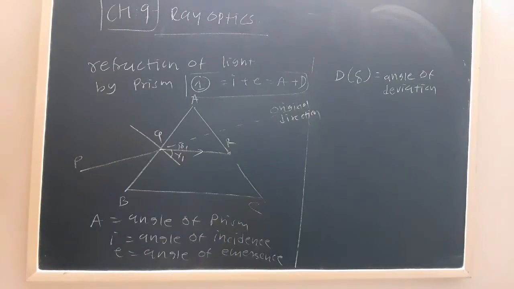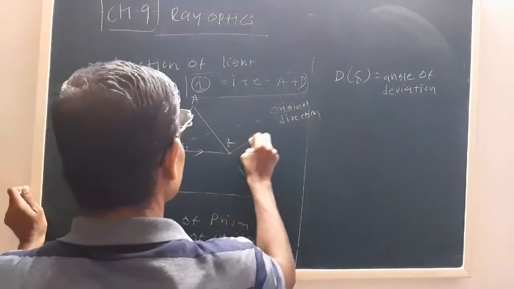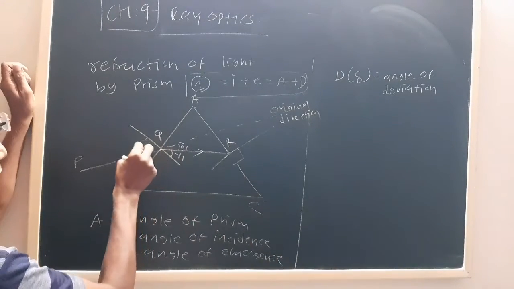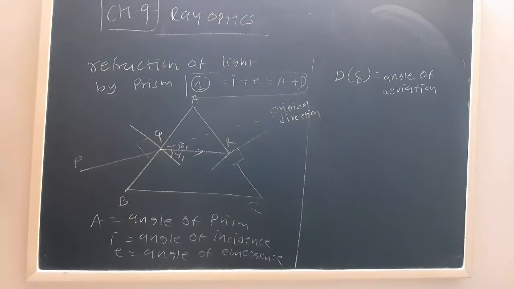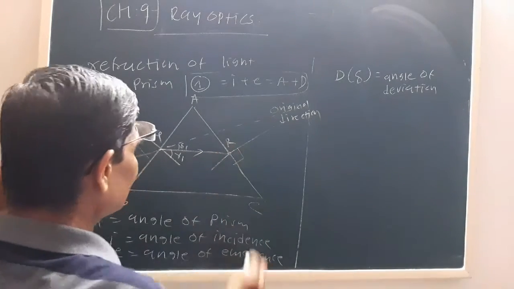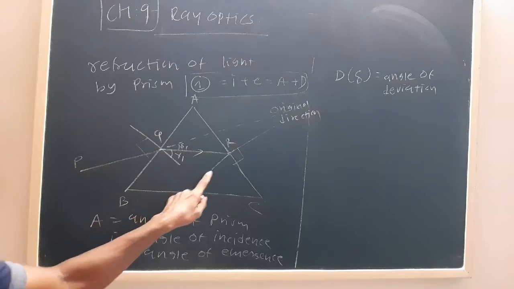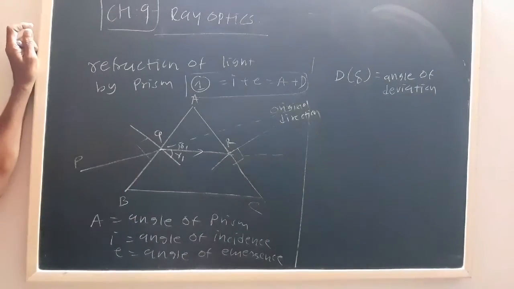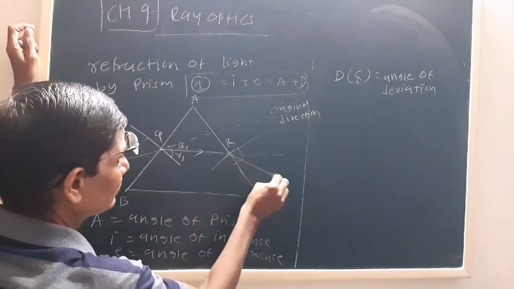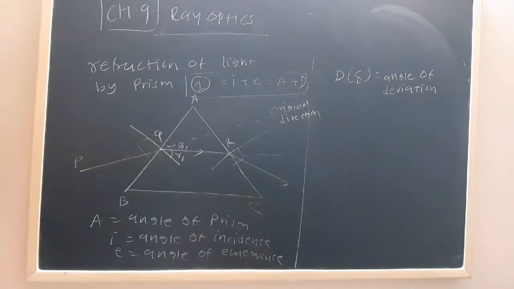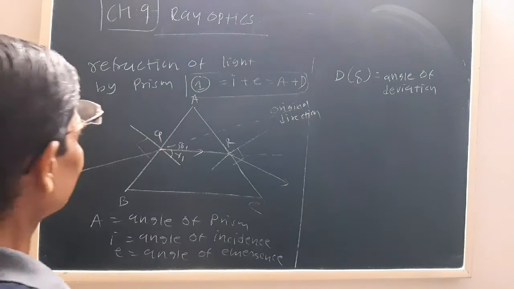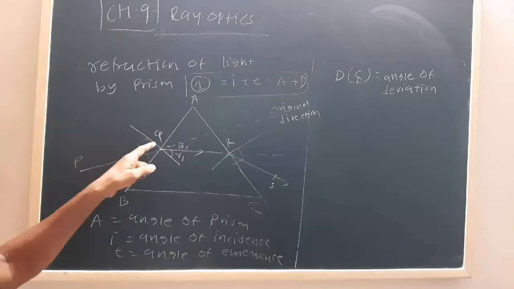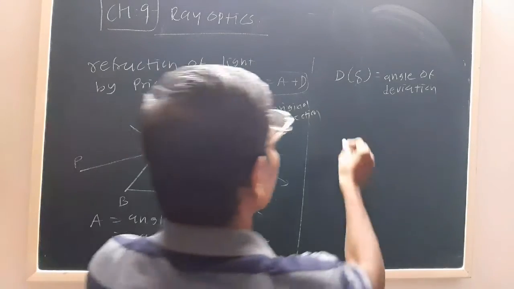Now this is again the normal on AC surface. This angle is 90 degree. Here this also was 90. Now here it will travel from a denser to a rarer medium, so instead of going in this direction, it will move away from the normal. So it has moved like this. That's why we can say it has moved in PQRS direction. First incident ray PQ.